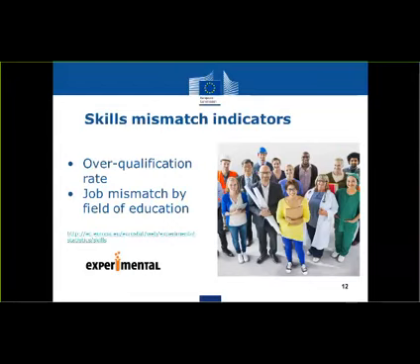And it is tricky because the skills are on an individual basis and the job offers are on the enterprise basis. So it makes it difficult to elaborate. And so Eurostat has proposed to disseminate as experimental 2 main indicators. This was launched very recently, in July or beginning of August. And they are the overqualification rate,